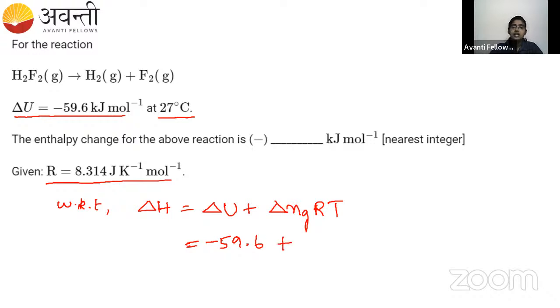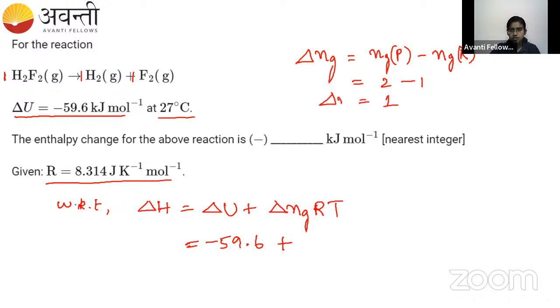Plus delta Ng. What is delta Ng? It is the difference in the number of moles of the gaseous product minus number of moles of the gaseous reactant. So the number of moles of product is 1 plus 1, so the number of moles of the product is 2. And the reactant is also in gaseous form, but only 1 mole is there. So 2 minus 1 is coming out to be 1. So delta Ng value is equal to 1. And the value of R is